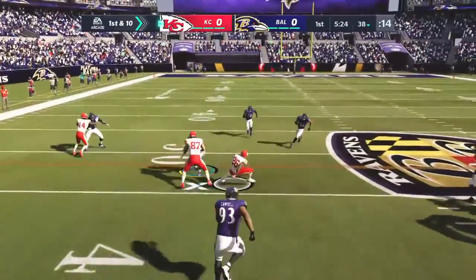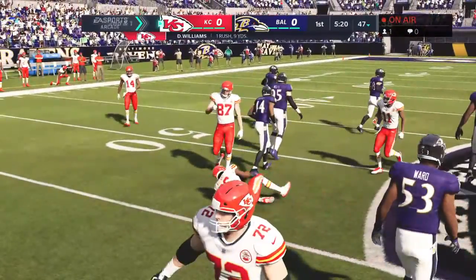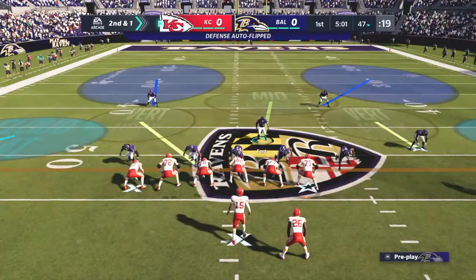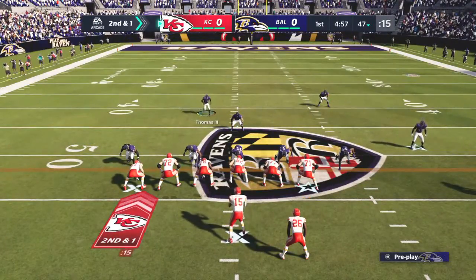A first carry now. This is Williams. Give him 9 on the carry that time, and they're set up with a 2nd and 1. The tackle made at the 47-yard line. A gain of 9 brings up 2nd and